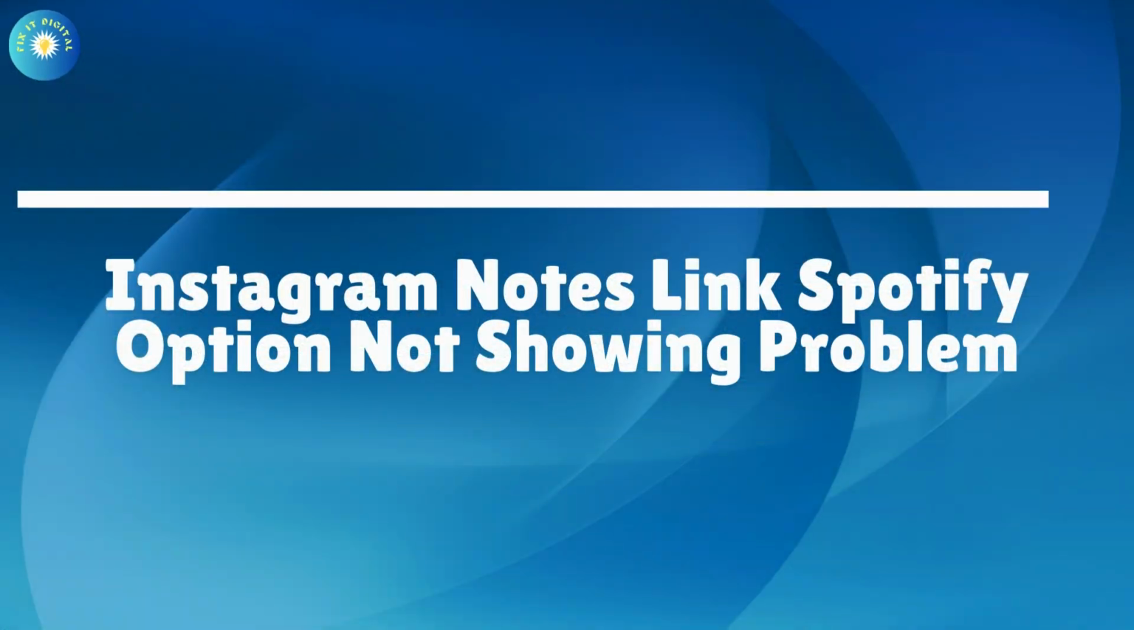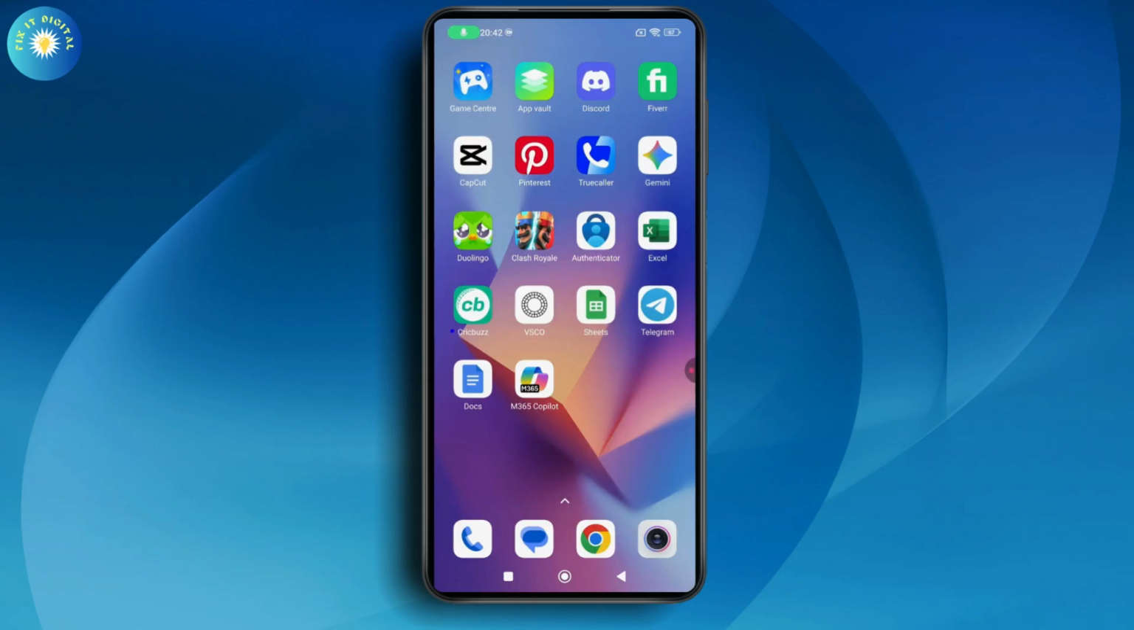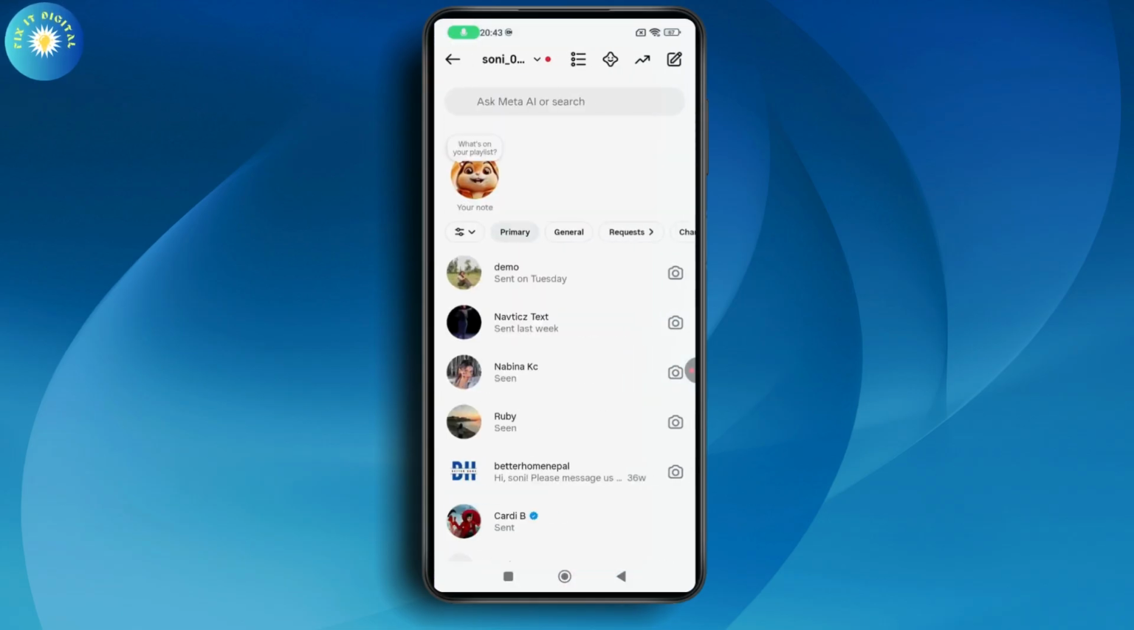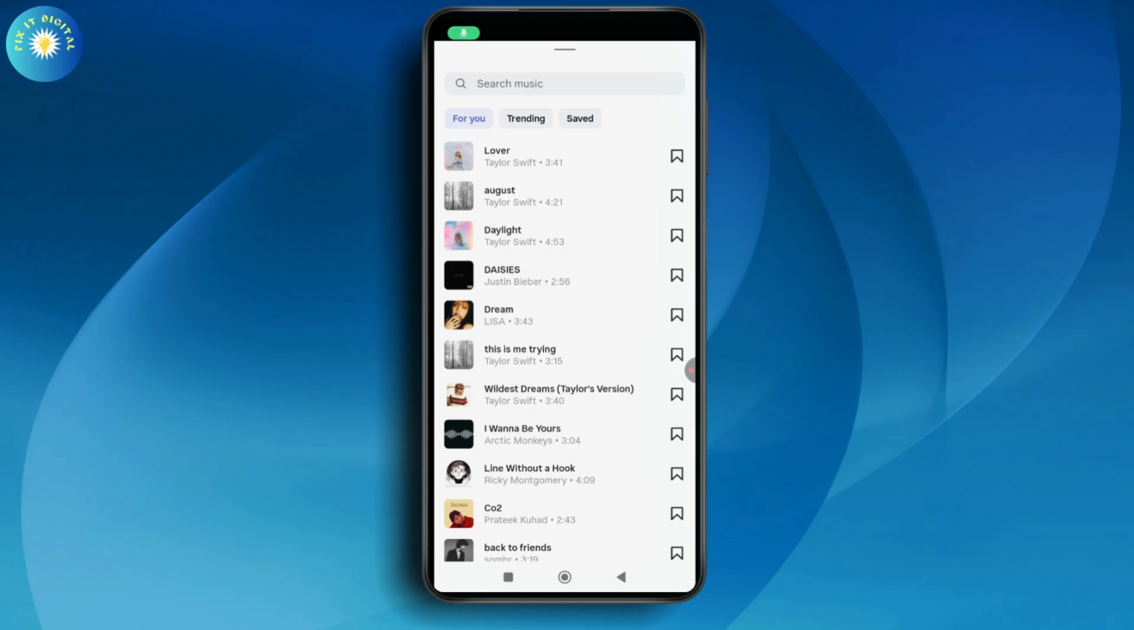Instagram Notes link Spotify option not showing problem. So if you open up your Instagram application and go with messages, which is on the top right, and tap on notes, which is right here. From the notes, if you go with music, then under music, here on the top, you will have link Spotify